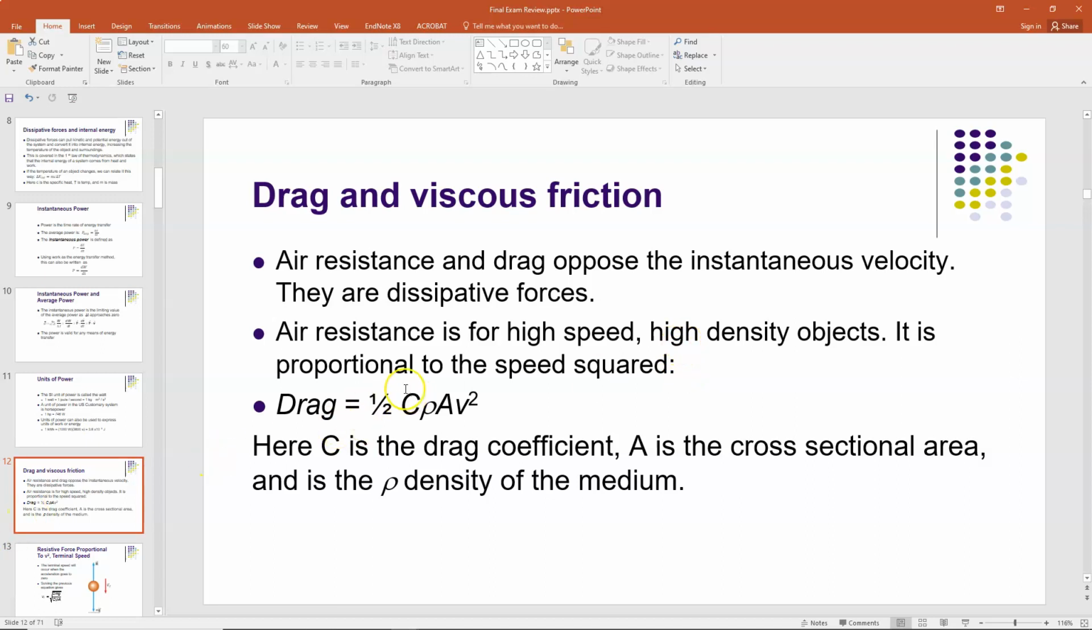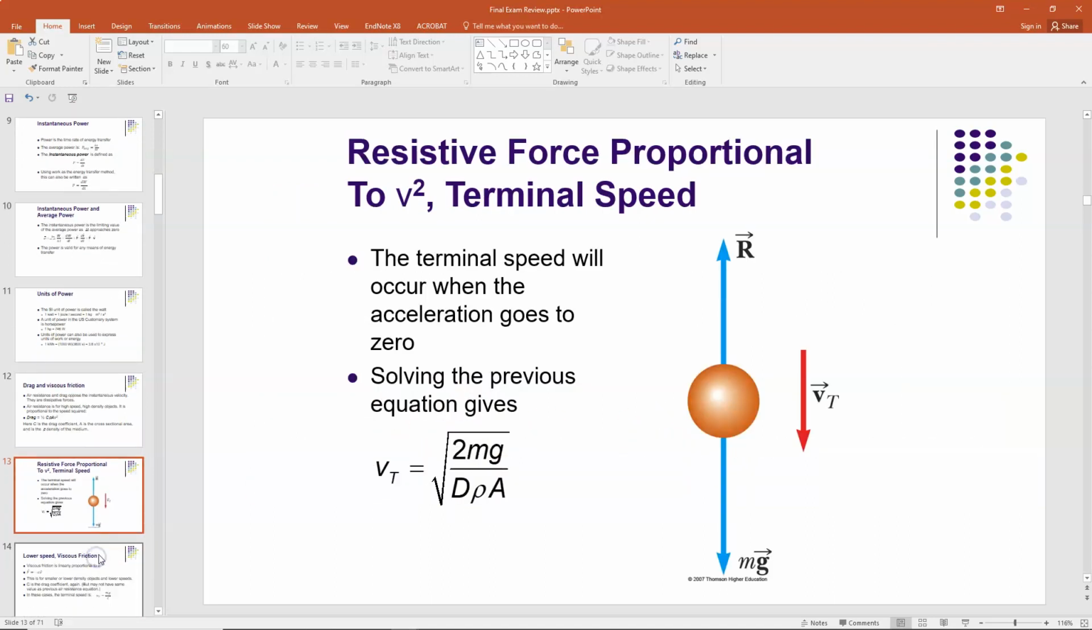The drag there is equal to 1/2 C rho A V squared, where C is the dimensionless drag coefficient, rho is the density of the medium, A is the cross-sectional area, and of course V is the speed. Now what will happen is an object will begin falling through air when you drop it, and it'll pick up